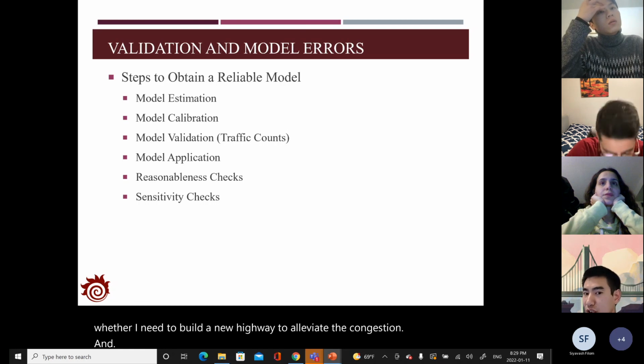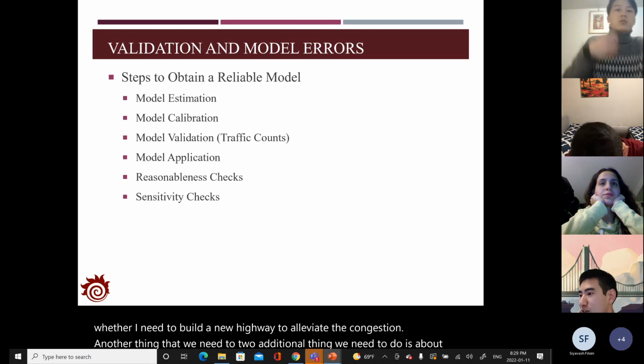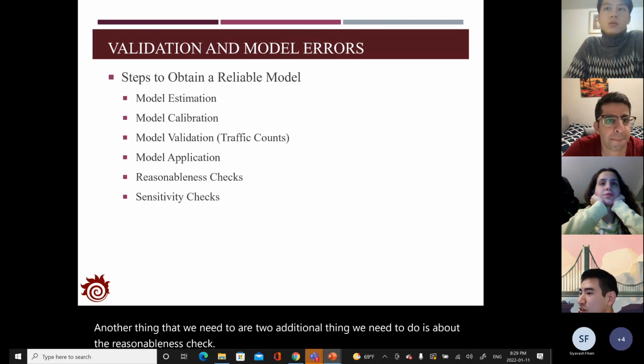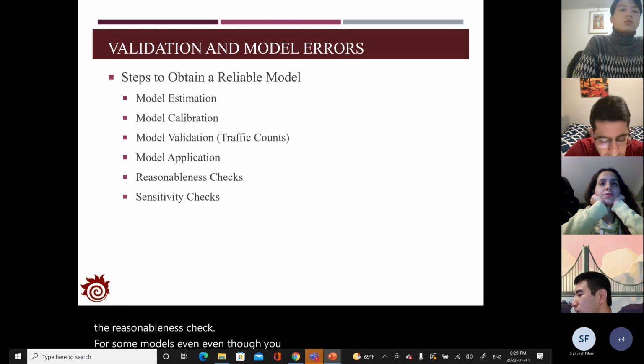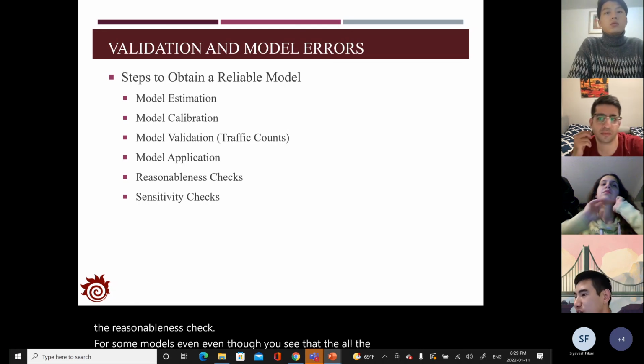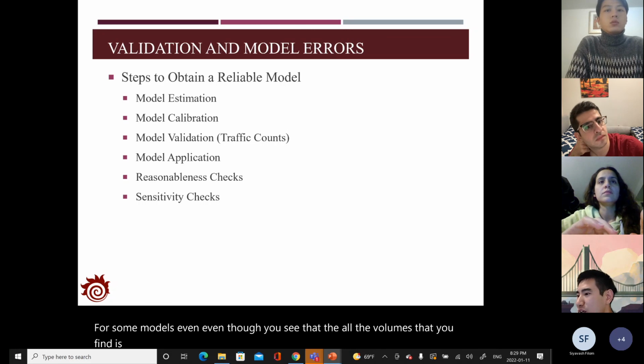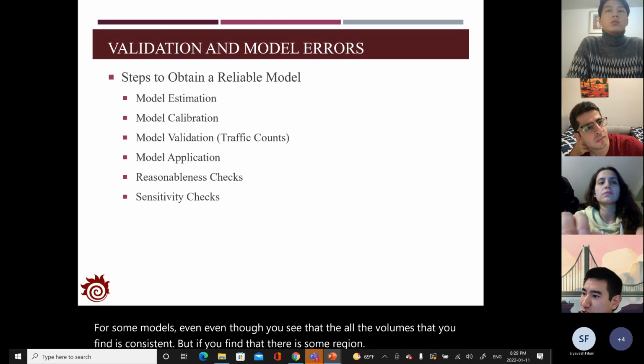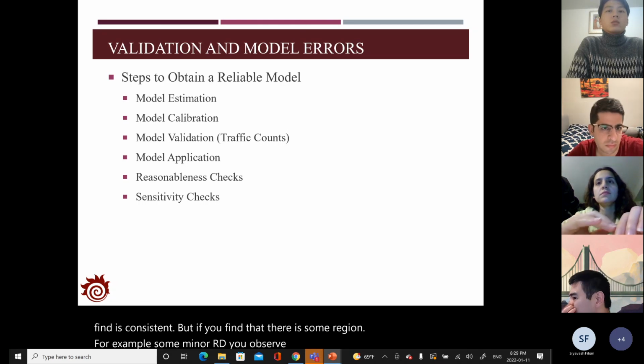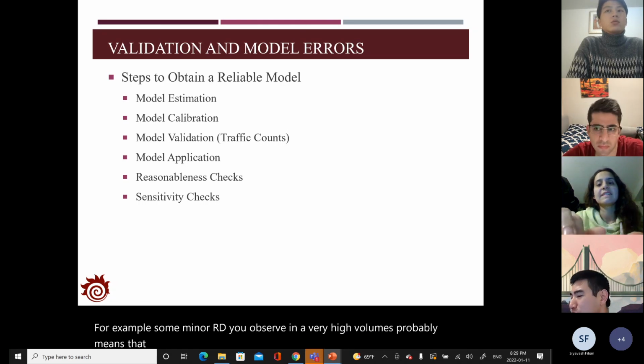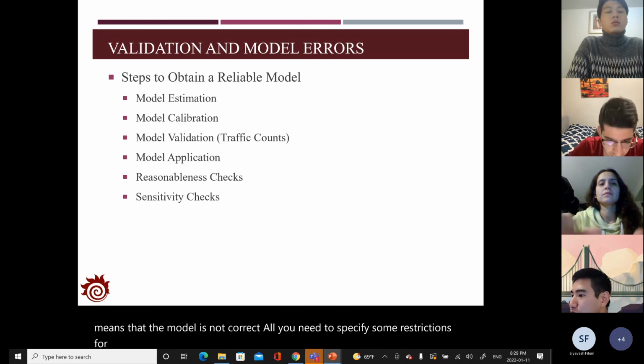Two additional things we need to do are, first, the reasonableness check. For some models, even though all the volumes you find are consistent, if you find some region, for example some minor road, with very high volumes, it probably means that the model is not correct, or you need to specify some restrictions for that minor road. This is some common sense. We need to remove all these